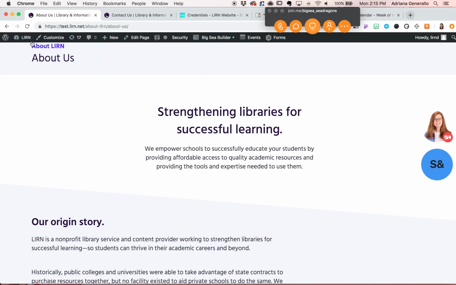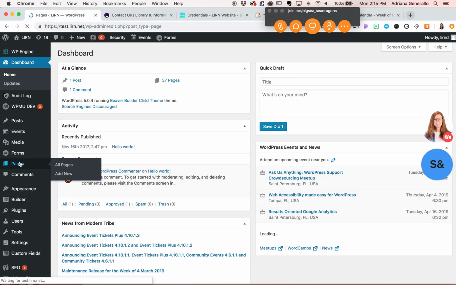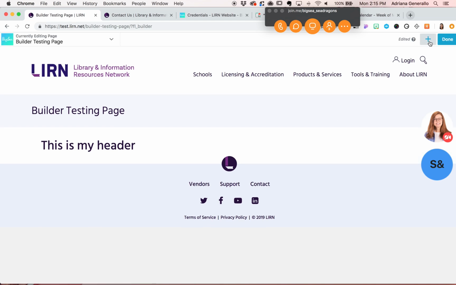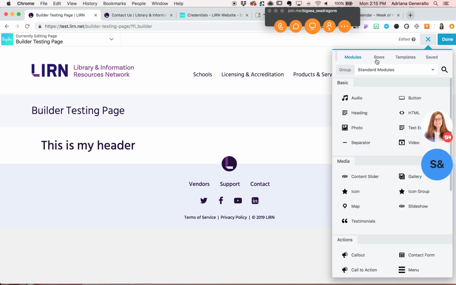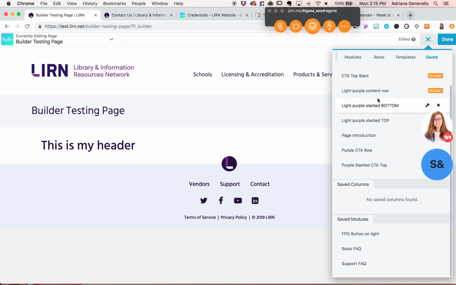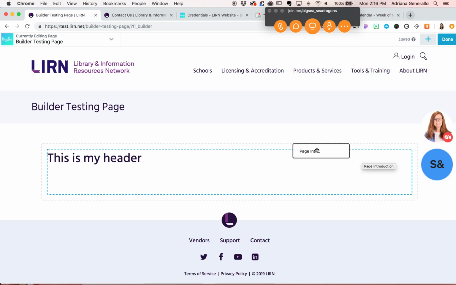And then if we go back to that dashboard to the builder page, what we're going to have as a testing ground, and I go to my plus module, up here you see different tabs. I'll go over the difference between these two in a second, but now that I've saved something, you can see I've done this already. So a saved row, page introduction is what I just did. I could drag this